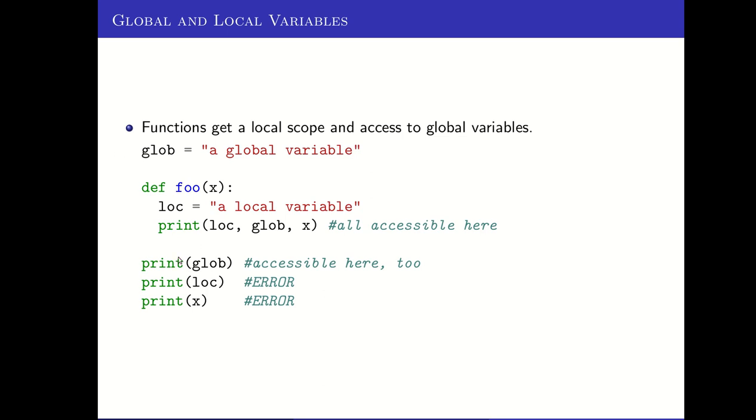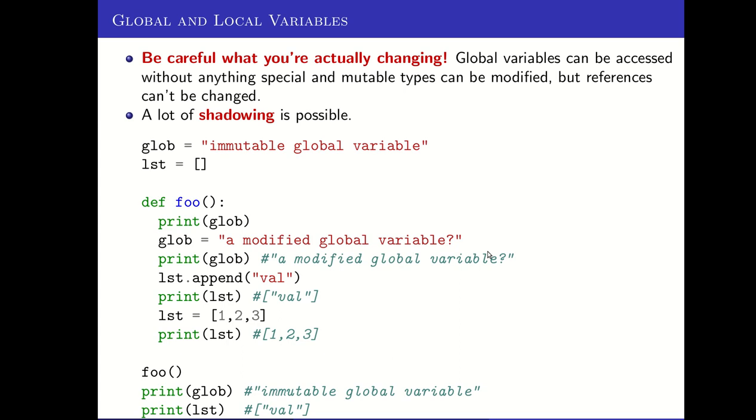So this is pretty similar to many languages. You define something inside of a local scope, and it stops existing once you're outside of that local scope. And this is generally true. You'll find that it's a little different for things like if statements and loops, that variables defined inside of those still exist after the loop finishes or after the if statement has finished its portion of the code. But generally speaking, things that are defined inside of a function or inside of a class, they live inside of that function or that class. But not true the other way around, that global things can be accessed inside of the functions